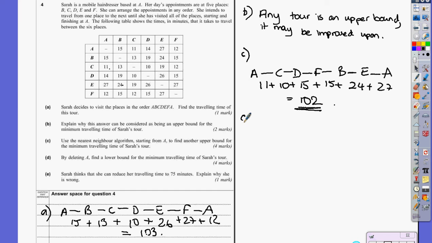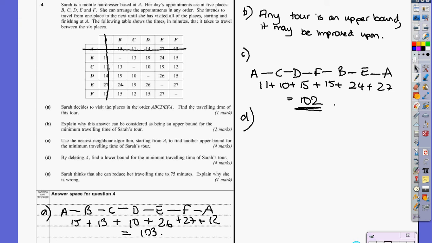By D, it says deleting A. So I'm going to use the table now, and I'm going to delete A from it completely. Now I'm going to use a different coloured pen, hopefully. So it says, find a lower bound for the minimum travelling time of Sarah's tour. I need to do a minimum spanning tree on the 4 once I've deleted that node. It doesn't matter where I start, obviously, because with minimum spanning trees you end up with the same answer whether you use Kruskal or Prim's. But I'm going to use Prim's on this